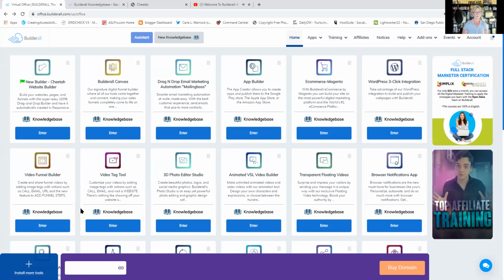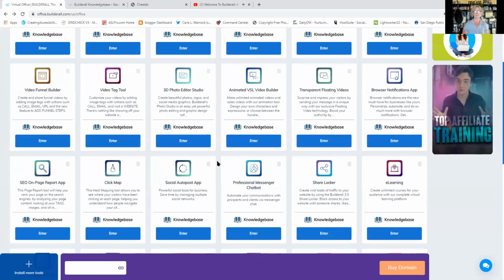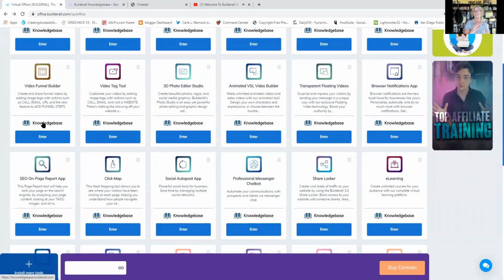We talked a little bit about funnels earlier, and this video funnel builder allows you to build a funnel that is based on video interaction with the people you are going to be doing business with, rather than on text. And video is super effective. It allows you to have one-to-one communication with people, more direct communication, eye contact,